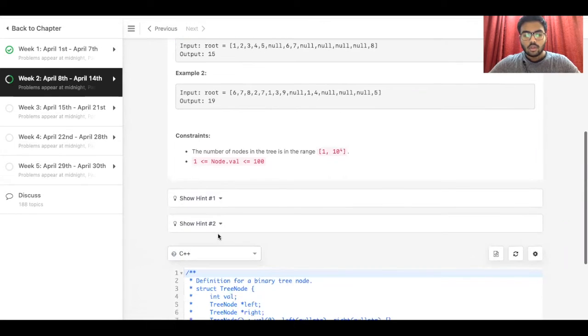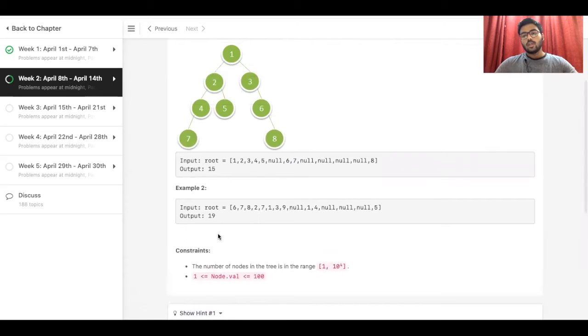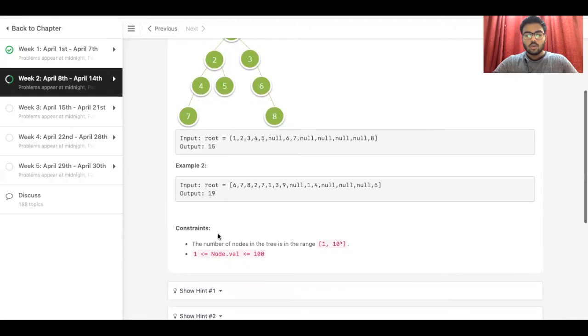Okay. So what we'll do is that it's a very simple sum which you can do by recursion as well, by DFS, or maybe you can do iterative level order traversal. So here I will be doing level order traversal, and it's extremely similar to level order code, just that we have to add one variable which stores the sum of the last level, and we return that variable. So let's code it.